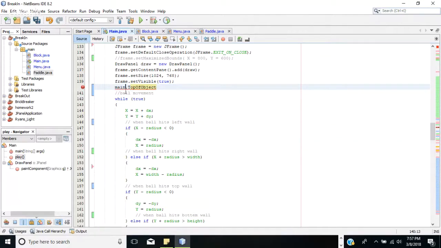It's not capital T anyways, so just call top of object and get rid of main dot. Yeah, that's it. Okay, so equals 0. So initially, replace the 0 on line 147 with top of object. Oh, right here? Yeah. So initially, we're going to define this with the